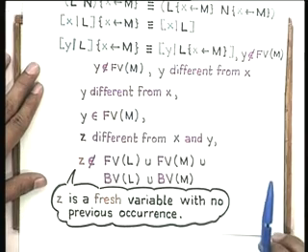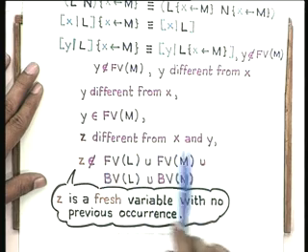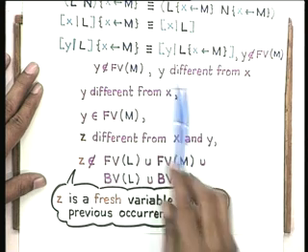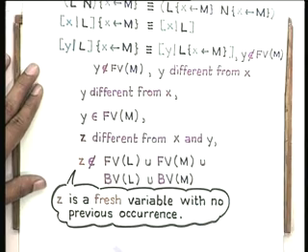Any particular lambda term is a finite syntactic object, and so has only a finite number of variables, it cannot have an infinite set of variables. So, you are always guaranteed that there exists a fresh variable that does not occur anywhere. So, you take a fresh variable, or at least a variable such that it does not occur anywhere in the terms in which you are performing your substitution, right. And then first systematically replace this